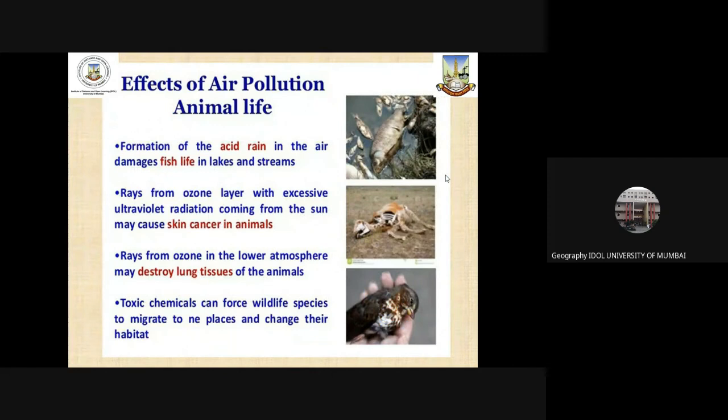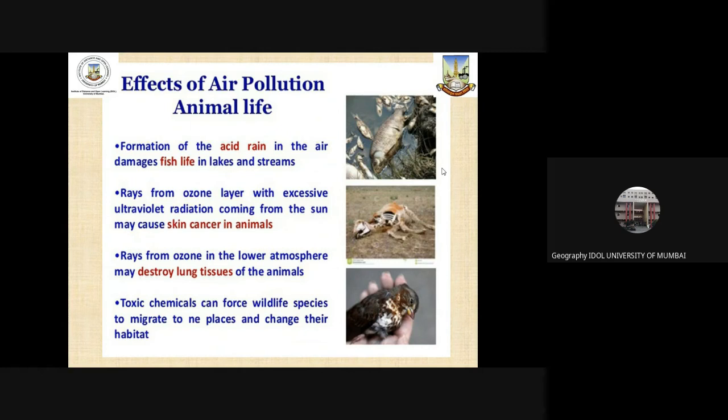As far as animals are concerned, air pollutants affect their life. Animals and plants, both in terrestrial ecosystems and in aquatic ecosystems, are affected due to the formation of acid rain, which is caused by the air pollutants. Fish life is affected more adversely in the aquatic ecosystem. Ozone layer depletion and excessive ultraviolet radiation also lead to skin cancer among animals,